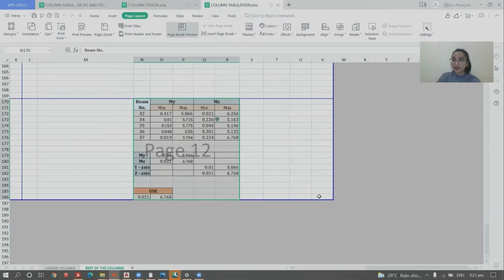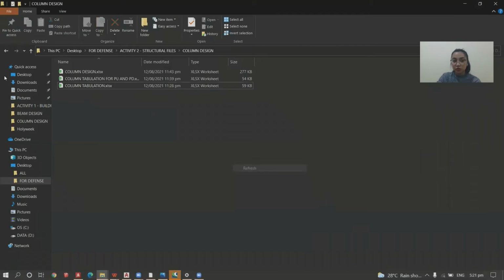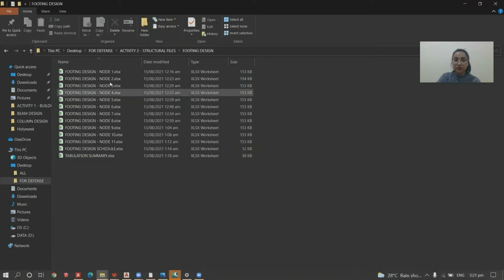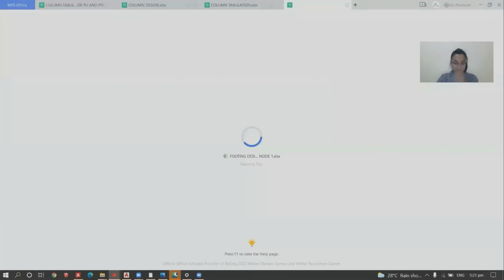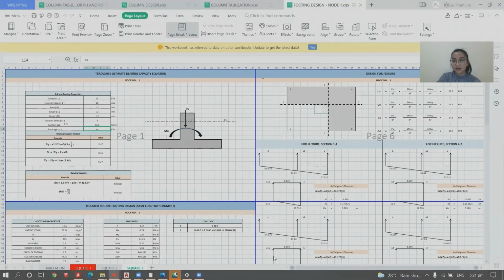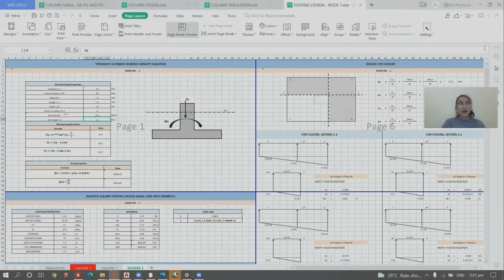Now let's proceed to footing designs. So for footing 1, I assumed first that the footing design is square. So we have here